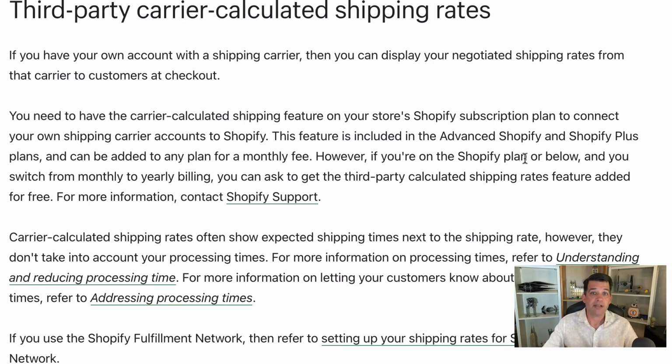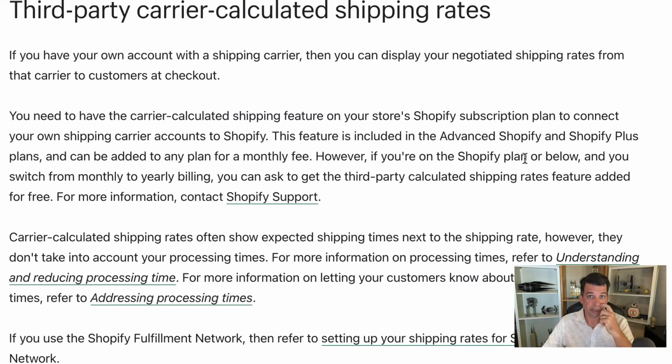So if you make that switch and pay for your Shopify bill annually, you'll have access to carrier calculated shipping rates. There's one more step though that you need to take. When you make that annual payment, they don't automatically reach out to you and let you know that you now have access to this.